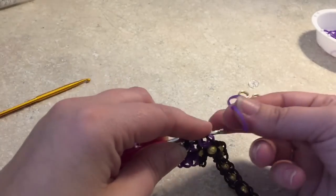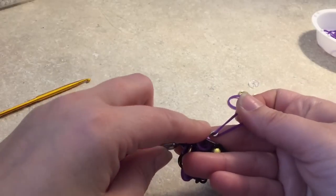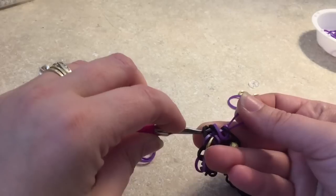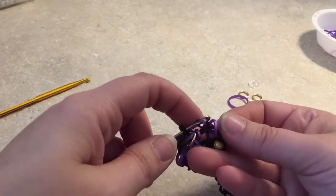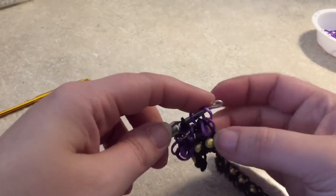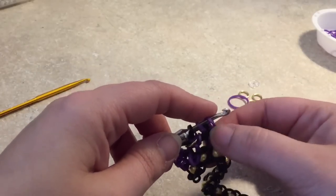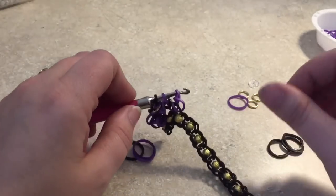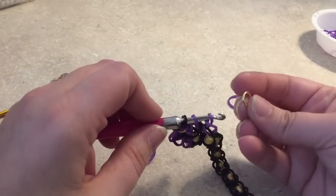Now we grab another center color and we want to pull the first, the second, the third, and the fourth bands on top of that new band. So this is going to be a little bit loose, so you can just kind of adjust it. Okay, so then our next step is to grab our,